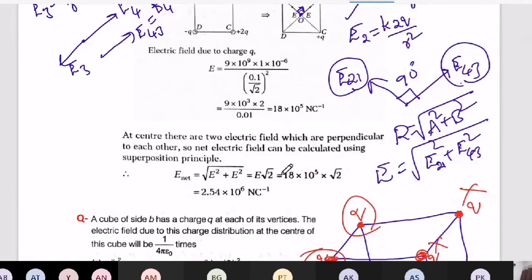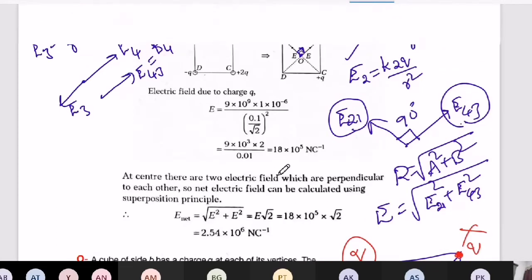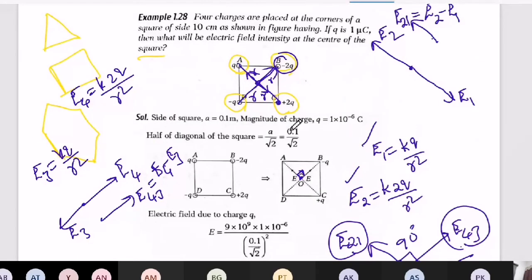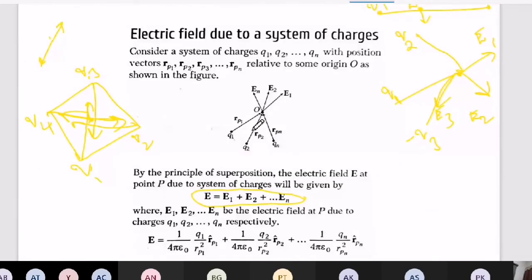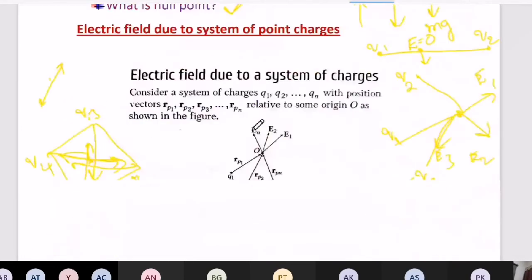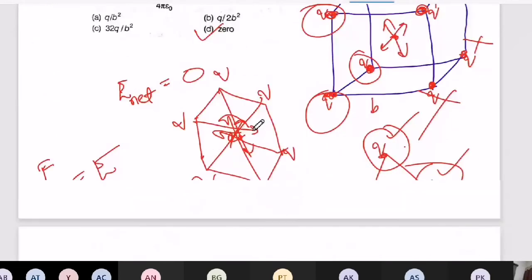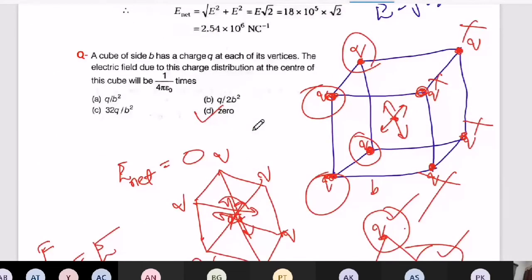Somebody asked me to explain that question once again. I think this question only. So I am just giving the explanation once again. Please try to remember it. See, whenever... not this one, which one? Tell me fast. This cube problem? Yes. Okay. See, for the cube problem, you need imagination.